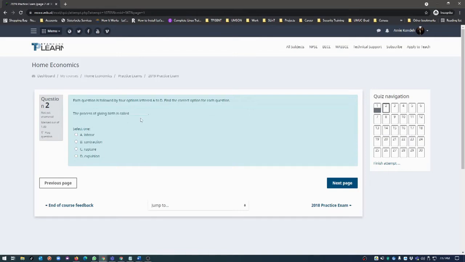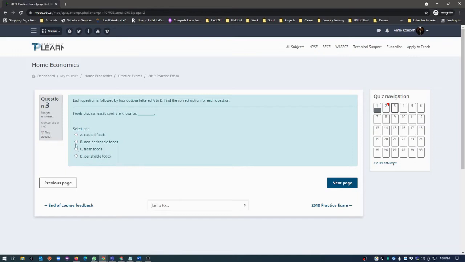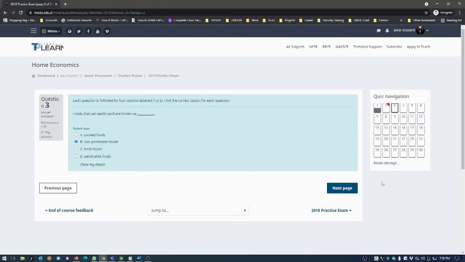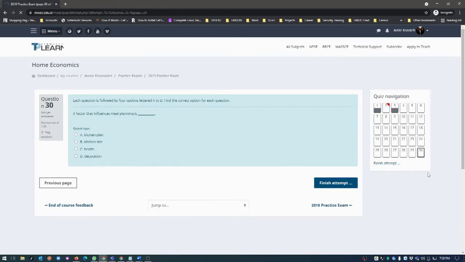So I'm going to go to the next question, and I don't want to waste time since the exams are timed. I'm going to flag this and then I'll come back later. So you see, now I have a flag and I can also notice the flag on this side. It says not yet answered. So I'm going to go to next and I'm going to select another answer for this one, and so on and so forth